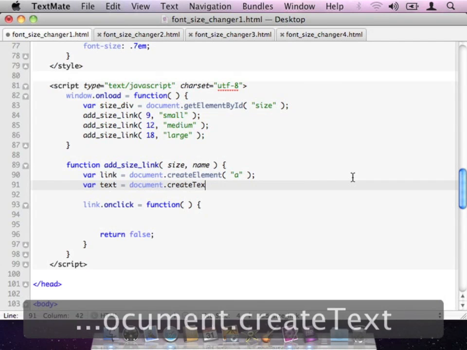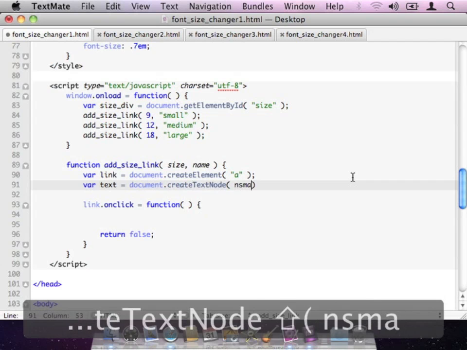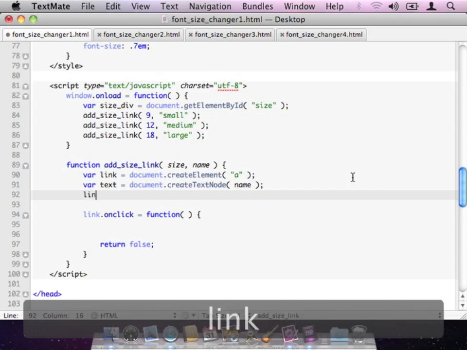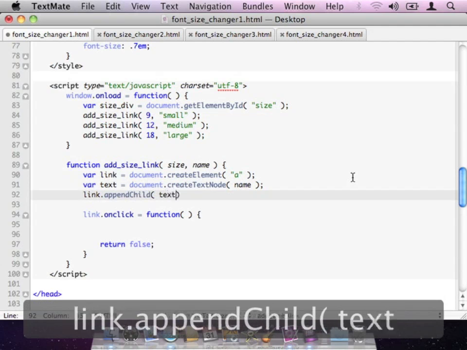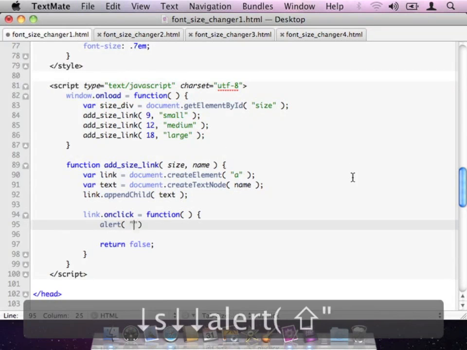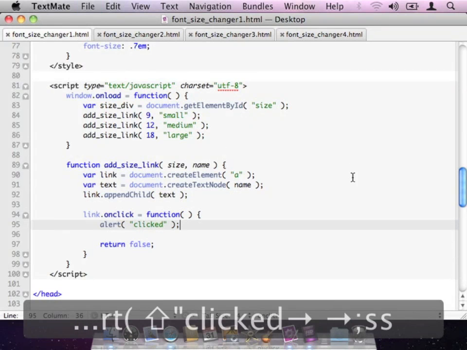document.createTextNode, and the text node will be the name for that particular link. And then I'm going to do link.appendChild text. There we go. And as a matter of fact, maybe what I'll do right here is I'll put an alert in, clicked, I'll have it say, for the onClick for the link, and let's just see what that gives us at